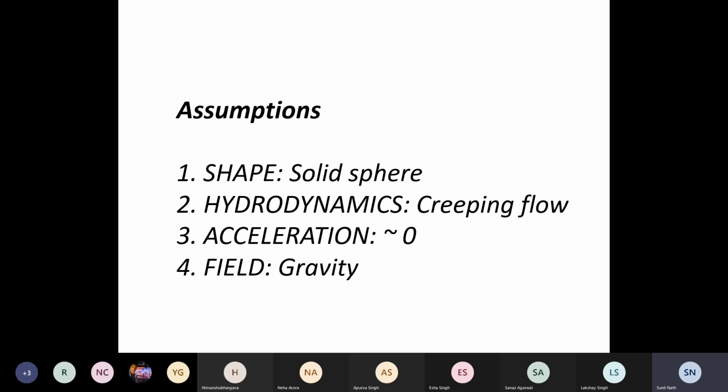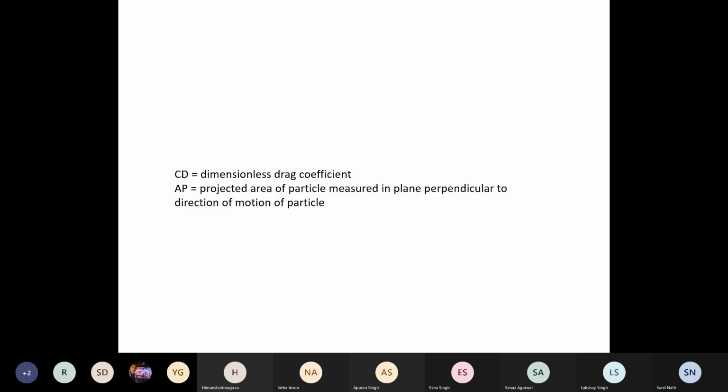Shape, solid sphere. We saw how to remove that acceleration term equal to 0. We saw how to remove that approximation because we now have the complete equation with the acceleration, or even in the centrifugal field, we can write those equations today, right? And the field was not limited to, therefore number 4 was also taken care of. We need to, however, worry about number 2, but we will do that one step at a time. So what we did is,